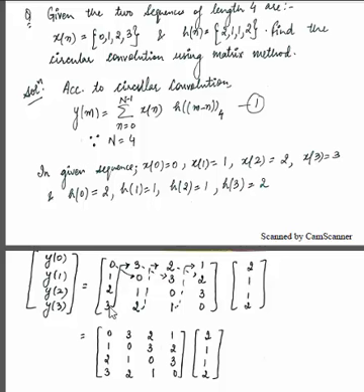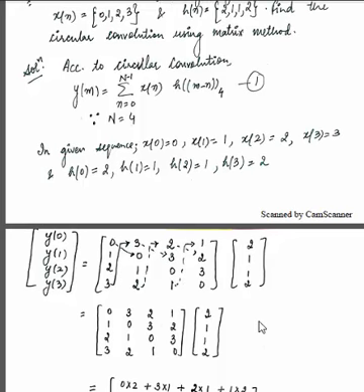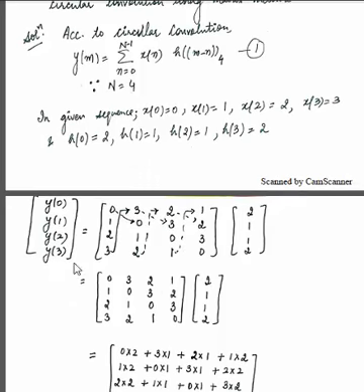So here the last sample is 3, then it becomes the first sample in the next column, that is 3, 0, 1, 2. And that last sample 2 goes to the first position in the third column, that is 2, 3, 0, 1, and then 1, 2, 3, 0. So the sample x of n becomes 0, 1, 2, 3, 3, 0, 1, 2, 2, 3, 0, 1, 1, 2, 3, 0.